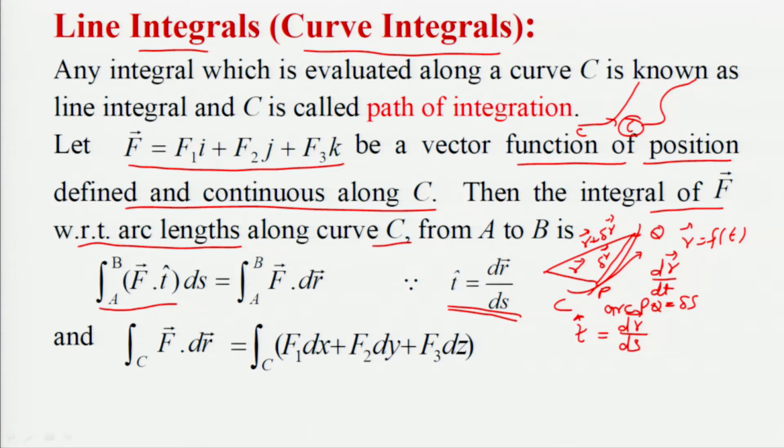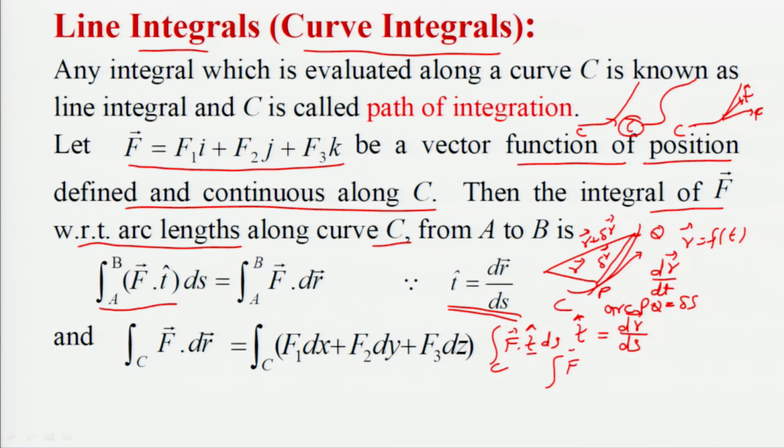So, if this is the curve, and at a point there is the vector f and this is the unit tangent vector t cap, then the integral of this along the curve C will be the integral of f dot t ds along the curve C, and if we put the value of t as dr by ds, then the integral